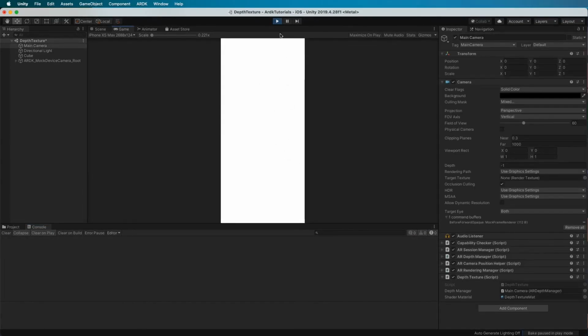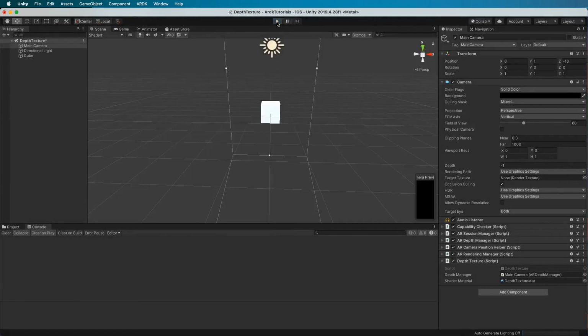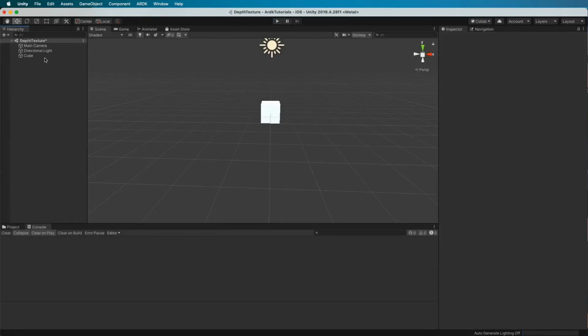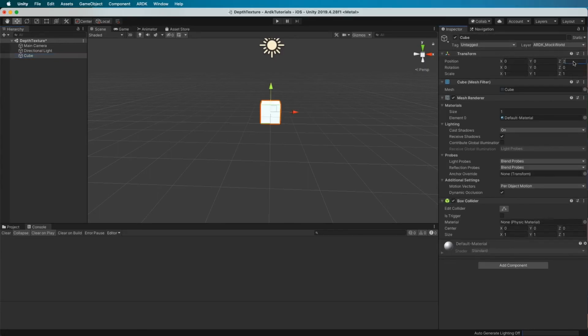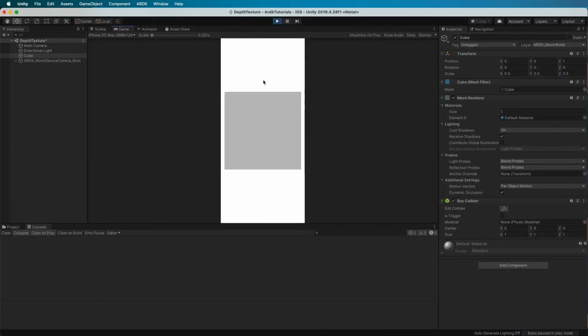Well, we can't see the cube. We can't see the cube because it's just a bit too big, I think, for the positioning we've got it in, which is a bit strange. So let's just change some settings here so we'll make it visible. Instead of 2, I'm going to move it about 1 meter back, and I'll make it smaller. So I'll just make it like half size. I think that should hopefully make it visible. If I run this again, what do we got? There you go. There's your cube. It's on the screen. And